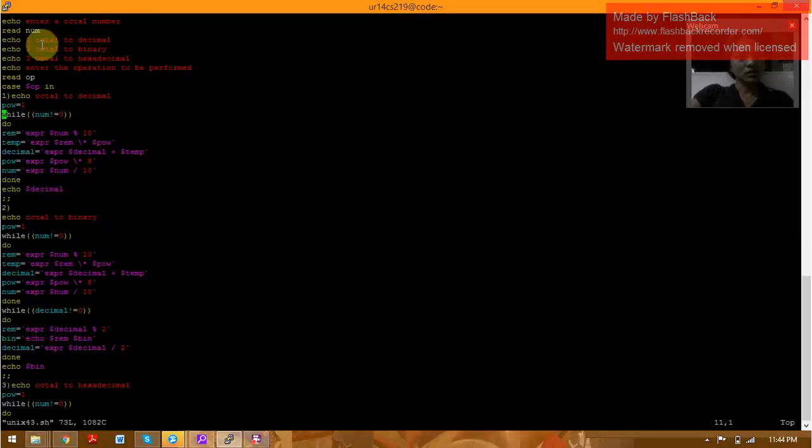This is octal to decimal, binary, and hexadecimal conversion. I've entered an octal value. I'm reading it in num. Then three options are octal to decimal, octal to binary, octal to hexadecimal. I'm entering the operation to be performed. Then in the first case, octal to decimal conversion, I'm initializing the power is equal to 1, and while num